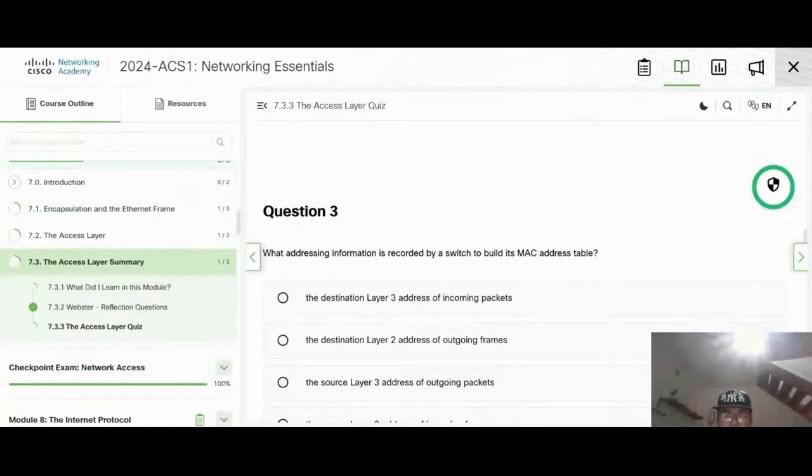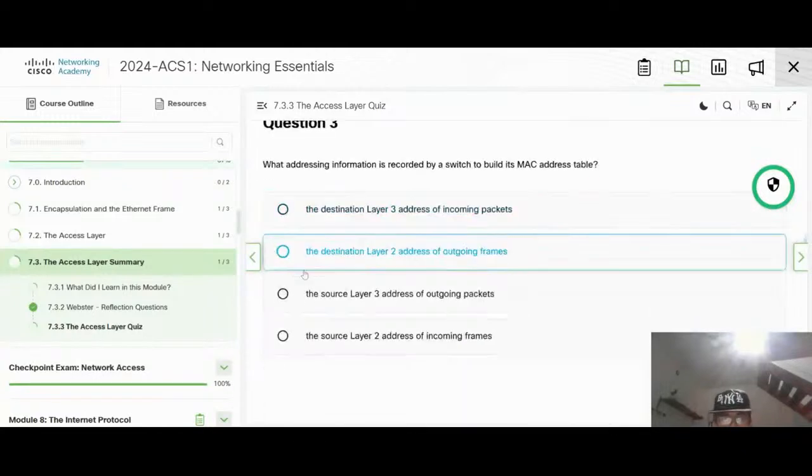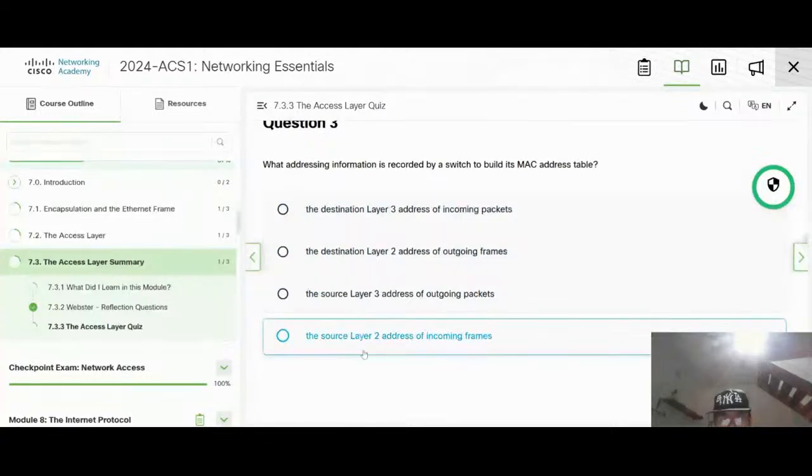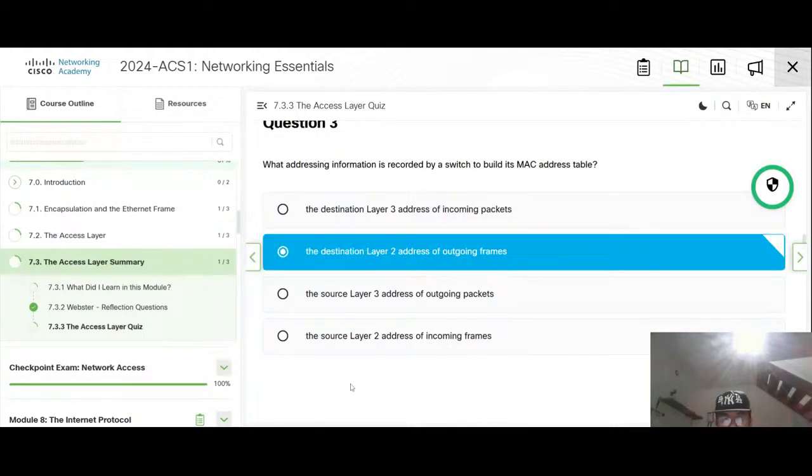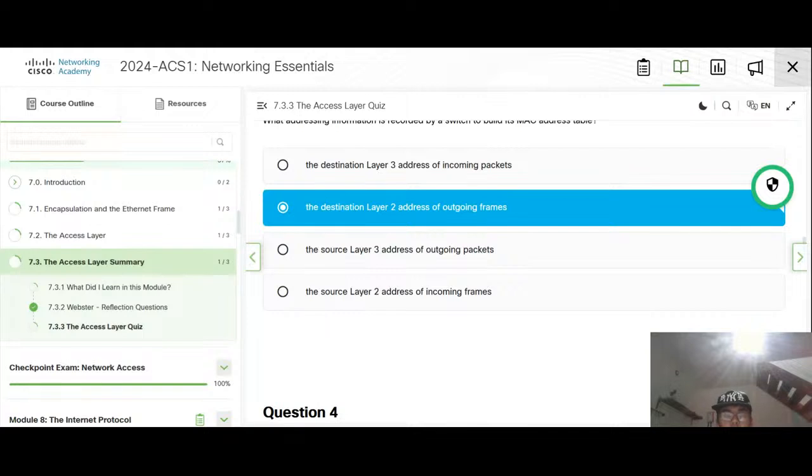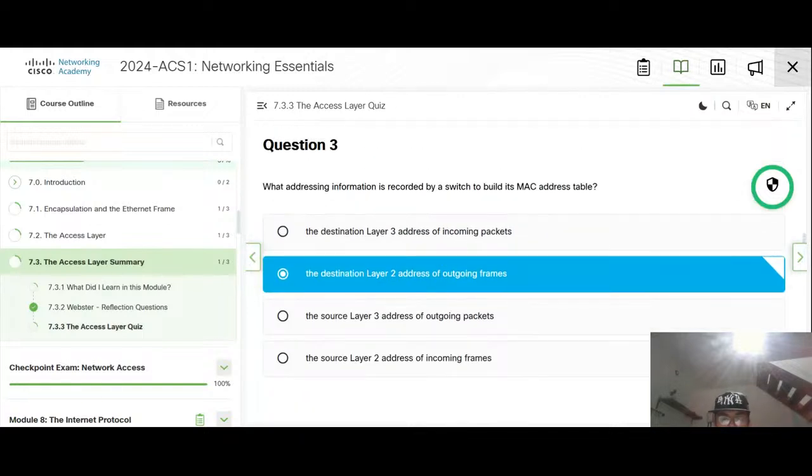When addressing information is recorded by a switch to view its MAC address, it is the source Layer 2 address from the outgoing frame. It will record the source Layer 2 address or the destination of outgoing frames.